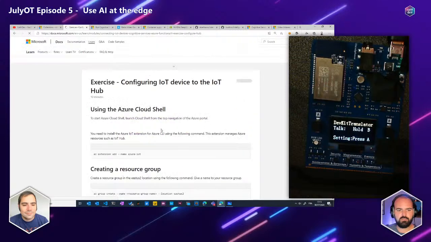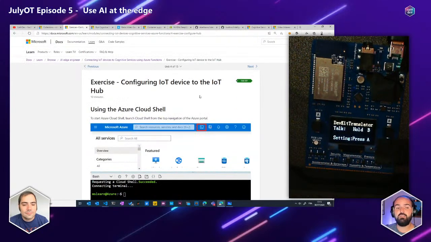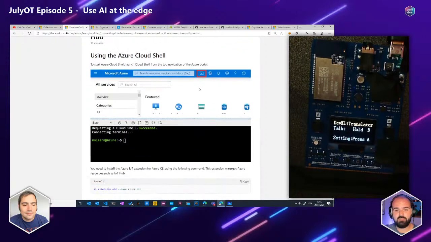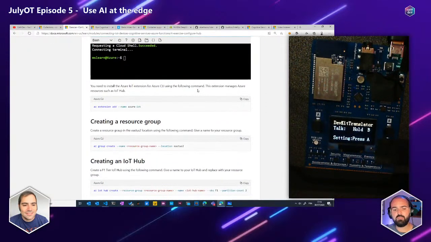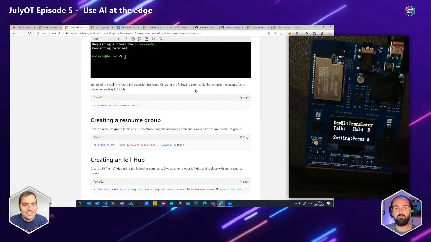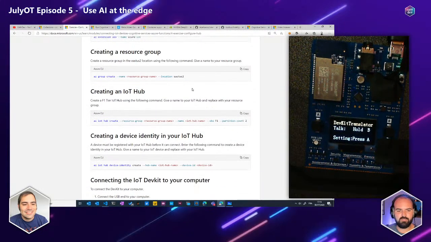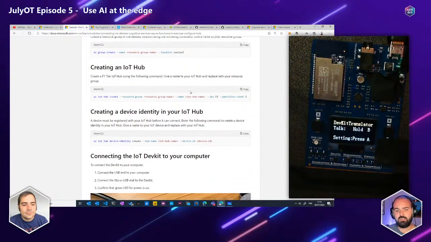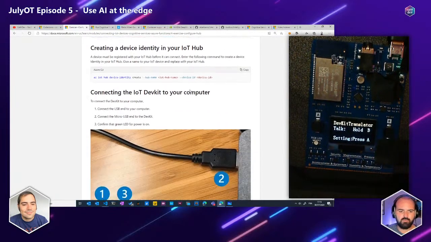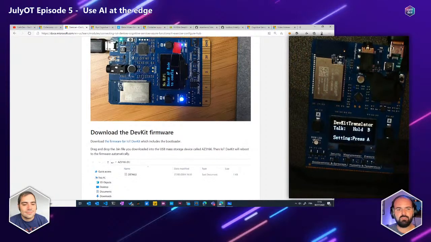And the first thing we need to do is to actually configure the IoT device within the IoT app. So you have everything there. If you want to have more details about how to create an IoT app and how to connect your devices to the IoT app, please check out the first video of JulyOT, because we went into greater detail about how to do this. If you already watched the video or already know how to do it, that's very basic. We create an IoT app and we create one device identity for this,